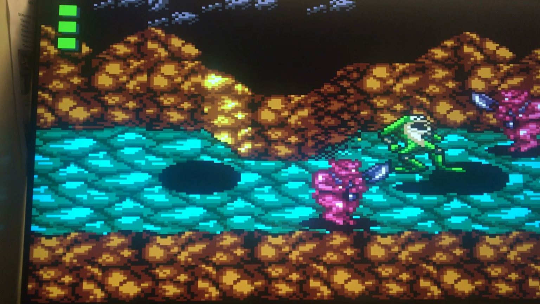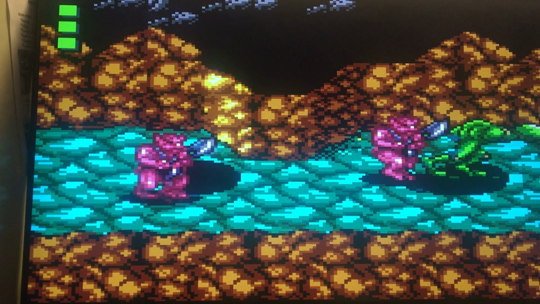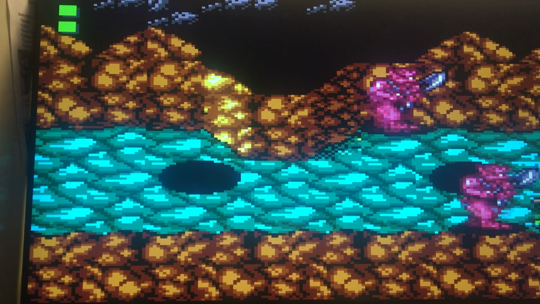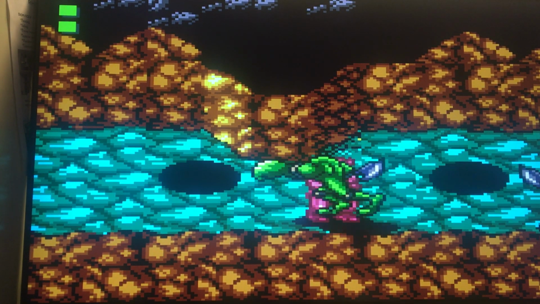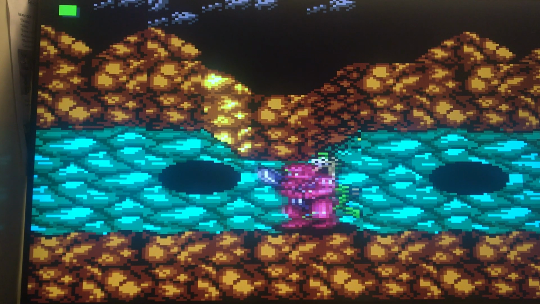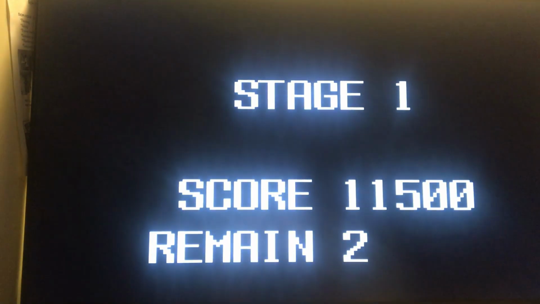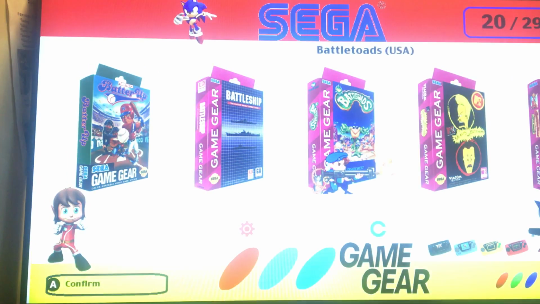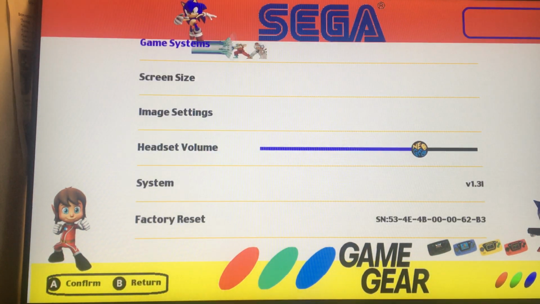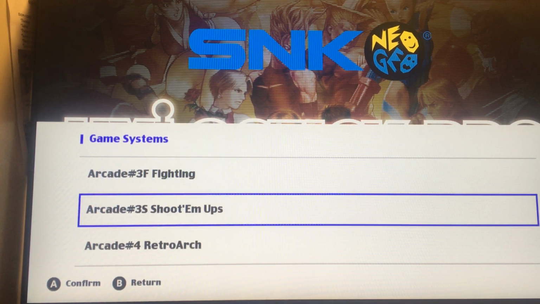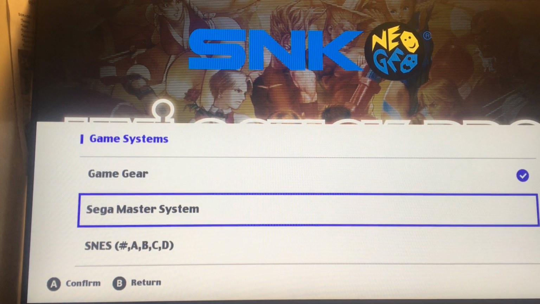Because we don't have the shaded lines, what do you call it? Scan line. Scan line is more like a CRT type. The game was made for more of a CRT TV, old TV. So with our TV, we're gonna get to see the pixels. Alright, that's the Game Gear. That's what you get for trying to play the Game Gear on a big screen, because it's an old game. It's 8-bit. It's not made for a big LCD screen. So of course, when you play those games, it's gonna blow up. It's gonna look kind of